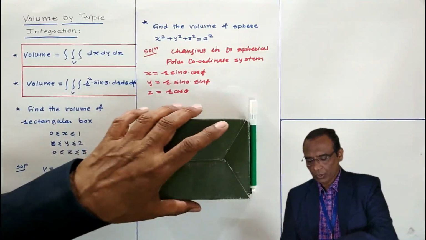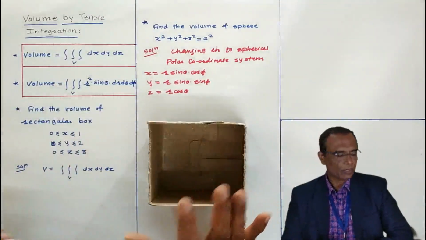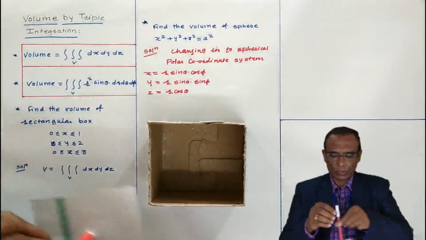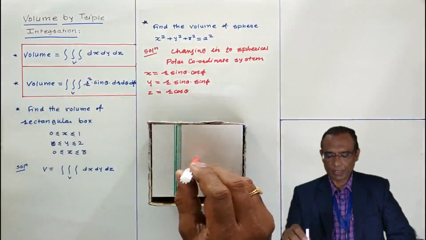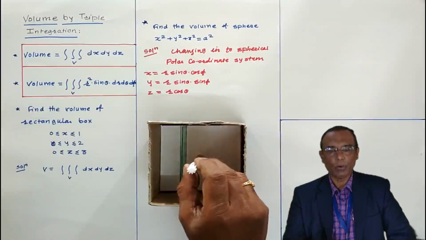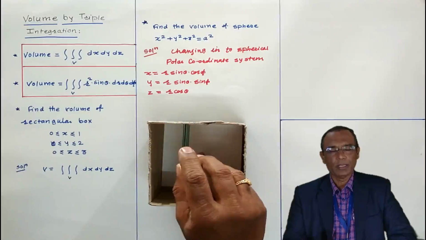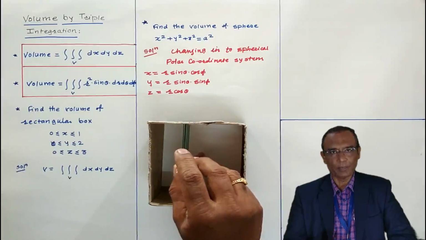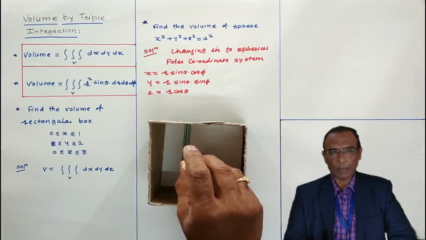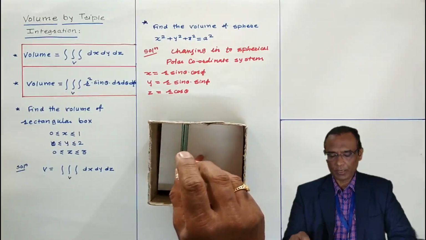Now what we do, so we are going to cover this volume. In order to cover the volume of the box, what we do, thin section of the box I have taken. With the help of this thin section, I am going to cover the volume of the box. Initially this plane is kept at xy plane where z equal to 0, and I am going to move up. In this way it is coming, in this way.